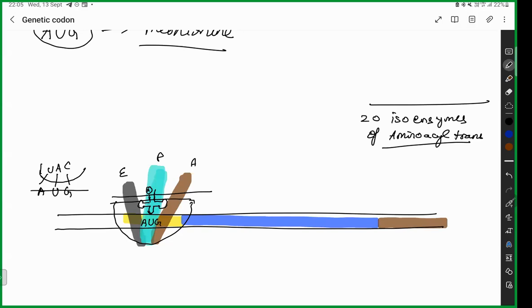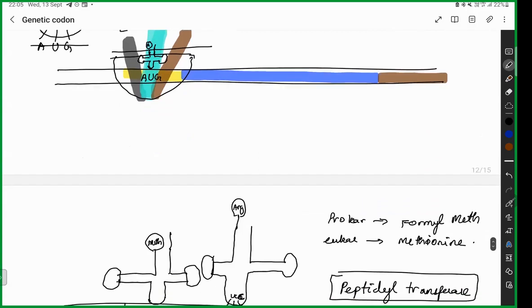What you understand from this is that many amino acid-loaded tRNAs are going to be coming and going like a lock and key. At last, one amino acid tRNA will have the anticodon similar to, that is complementary to, the codon present in the mRNA. Your tRNA anticodon and mRNA codon match. Once they get matched, it is going to come and sit on this.